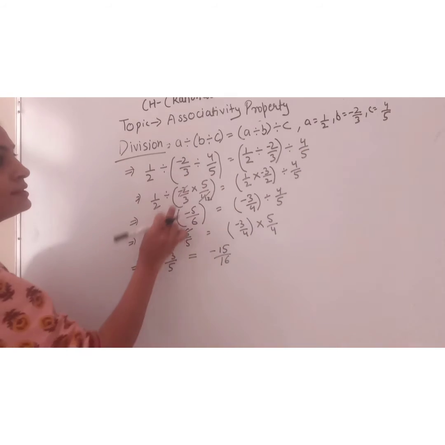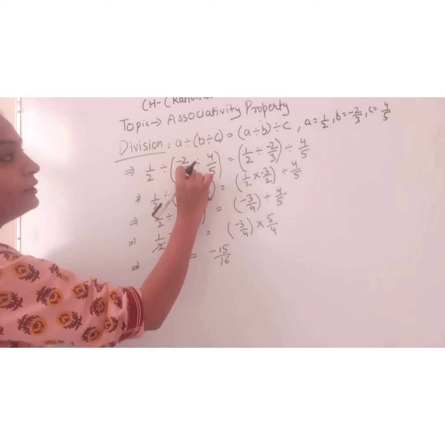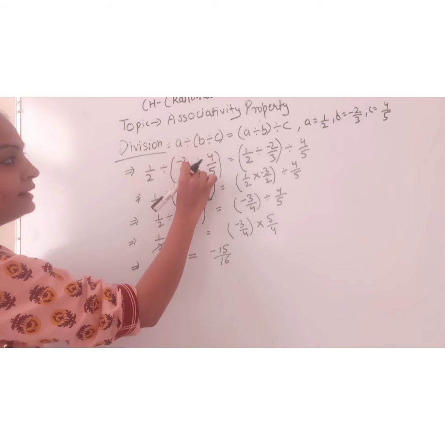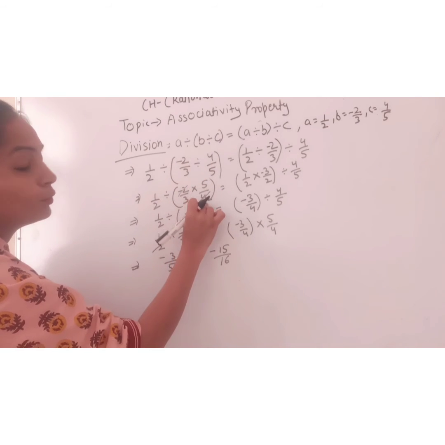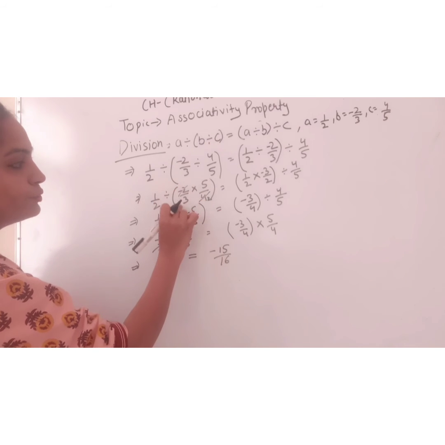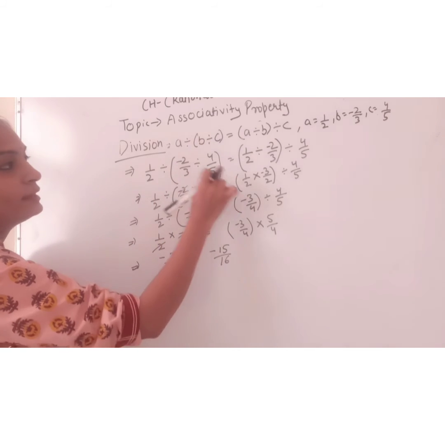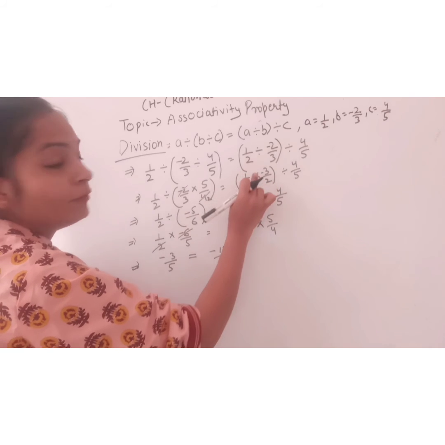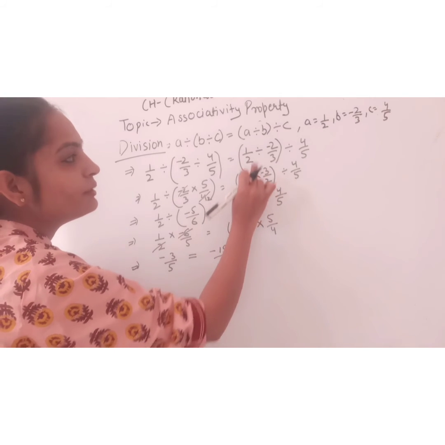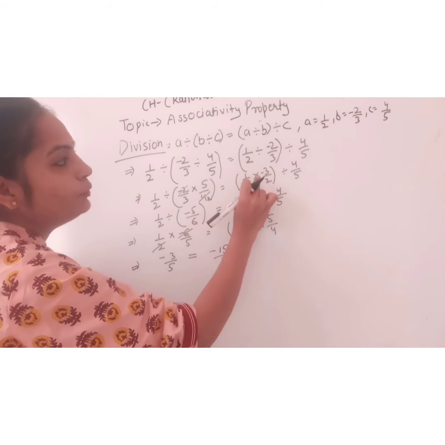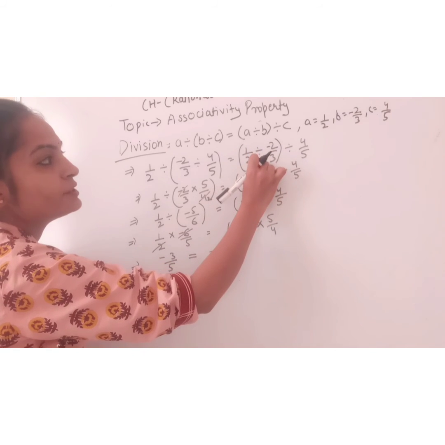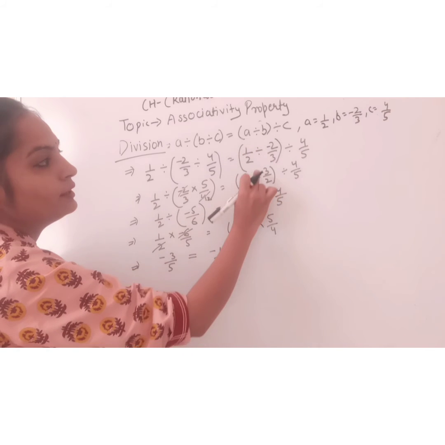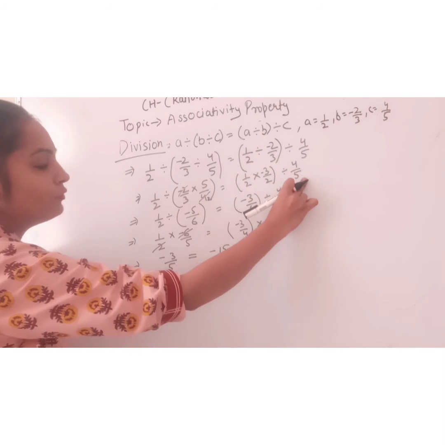After solving this, minus 2 by 3 divided by 4 by 5: if we want to divide, then we can reciprocal it. That is, 5 comes up and the 4 goes down. That is minus 2 by 3 into 5 by 4. Same on this side, minus 2 by 3 we are changing the sign as multiplication by reciprocating it, that is into minus 3 by 2. We reverse minus 2 by 3 and get 3 by 2. That is minus 3 by 2 divided by 4 by 5.